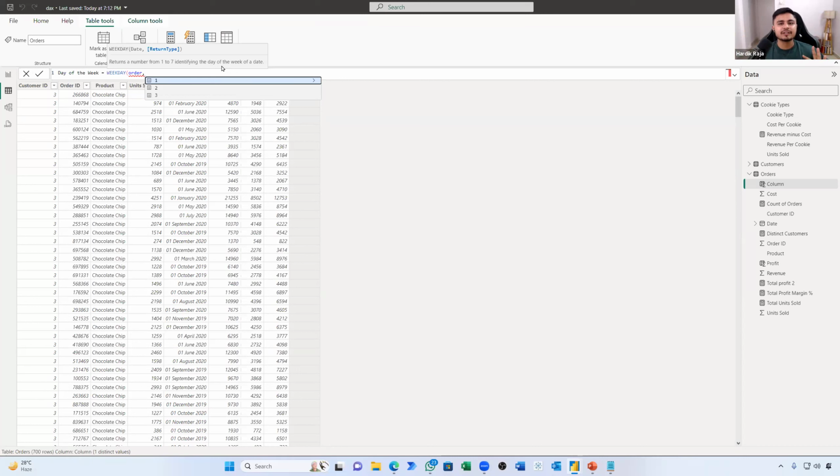Hardik, can I change it? I want different things. Yes, you can hover on this and you will come to know. See this. If I expand this, this is how I come to know. This is not something one can rectify. See this. Sunday is equal to 1. Saturday is equal to 7. Hardik, I want to change something. Go with, let's say, option 2.